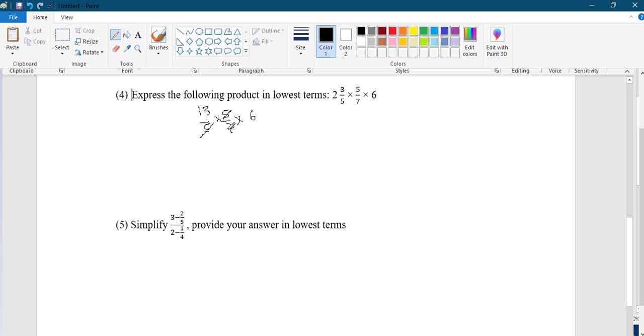So then 13 times 6 will give us 78 in the numerator, divided by 7. Because your assessment test will be multiple choice, if one of the choices is not this, it might be in mixed fraction. So if this is not one of your choices, you'll have to convert this into a mixed fraction. How many 7s can go into 78? That's 11, because 11 times 7 will be 77. 78, 77, so the remainder is 1. So one of these two can be your answer.